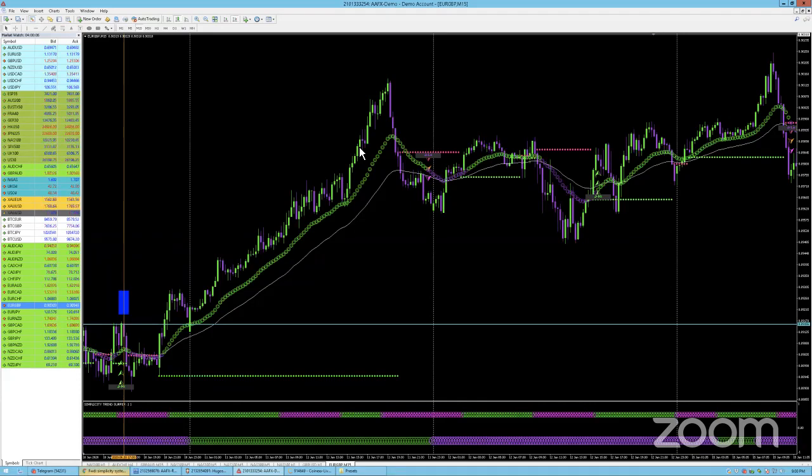rule-based system. Because if you just go in here all willy-nilly doing 58 different things, you're not going to have anything duplicatable. You need a strategic set of rules that say, I'm going to use simplicity on the 15-minute time frame. This is what I'm going to do. And then go out and get 50 trades doing just that thing. Do nothing but that thing, whatever your rules written down say. So if you have this many confirmations to take the trade, great. If you have this many ways to manage the trade, great. This many ways to stop loss, or this many things you avoid, this is your schedule. You should have a list that looks like that.